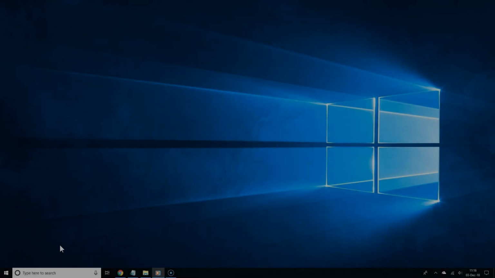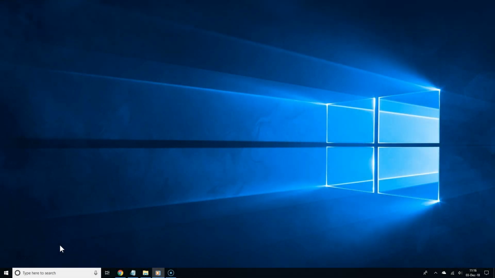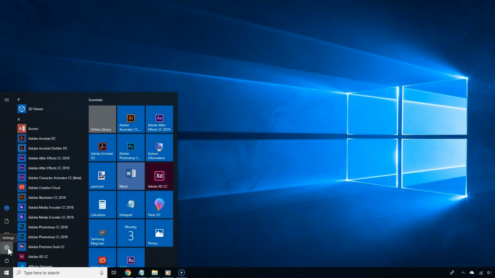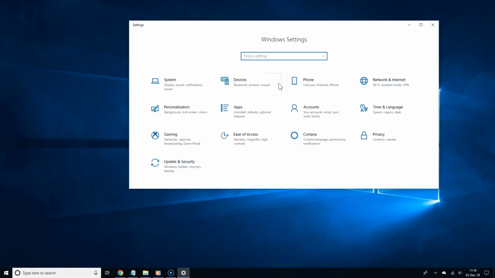Nowadays, just about any app has a dark mode. Well, now in Windows 10, you can also enable dark mode for the File Explorer. So all you have to do is go to the bottom left corner of the screen, click the Start button, and then click Settings. And now you should see a list of Windows settings.